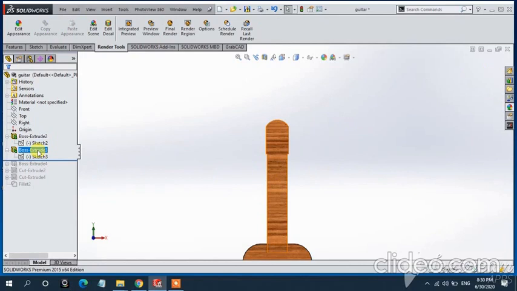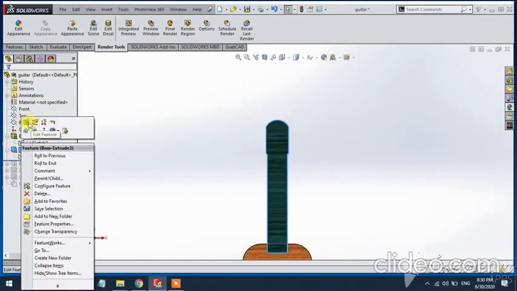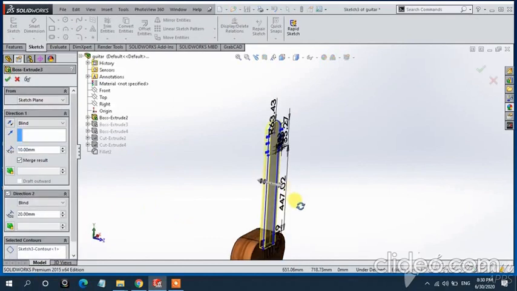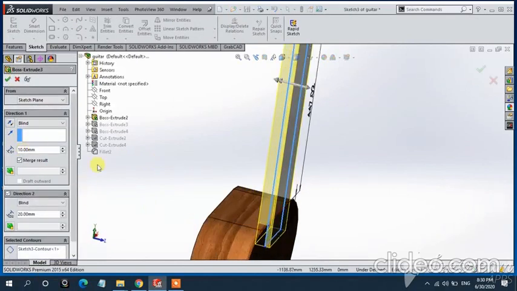Now come to the extrude part of this string. Okay, extrude. See, from this edge I have to extrude only 10 mm from the interior side. Okay, blind, merge result. I am selecting merge result because if I unselect it, the geometry lines show here after completing my project.